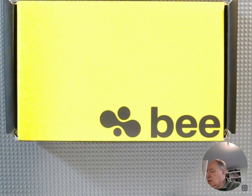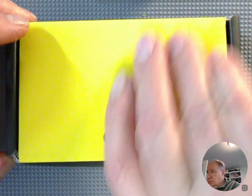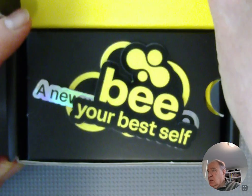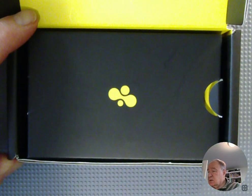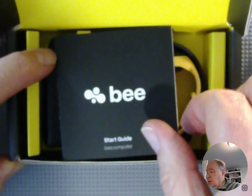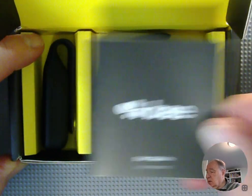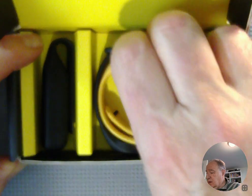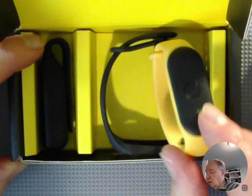So let's take a look and see what's in the box. So just going to open this up. And of course, they have a couple of really nice stickers. And let me pull this up. So it comes with a rather small quick start guide. And then here is the device with an extra band as well as a